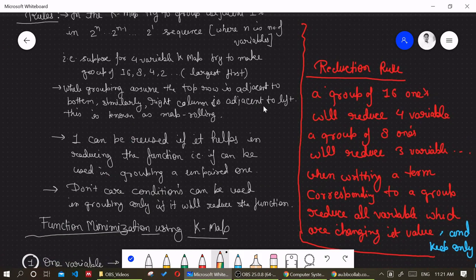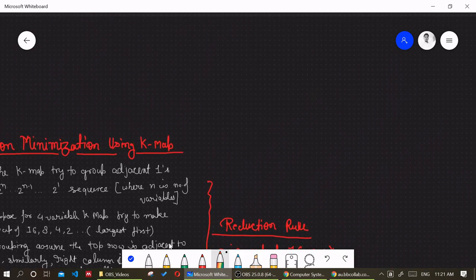So don't care conditions we will see in detail. Now I will just provide you what are don't care conditions. Don't care conditions are represented as x or small d. So don't care conditions can be assumed as 1 or 0 as per the need,